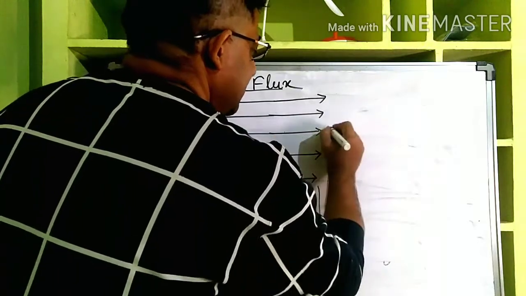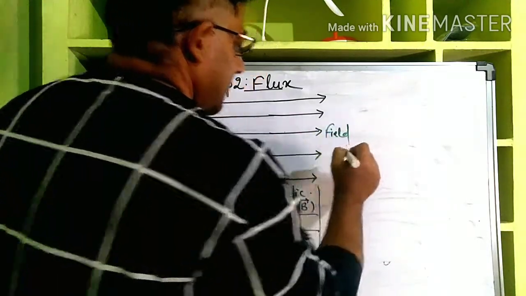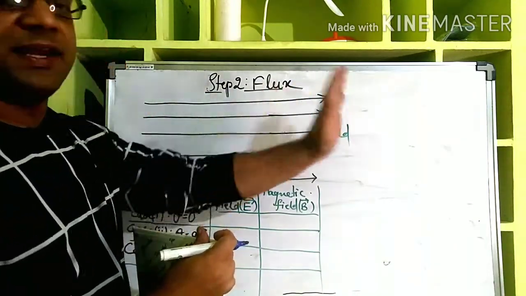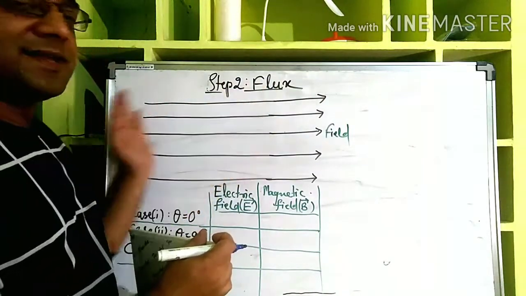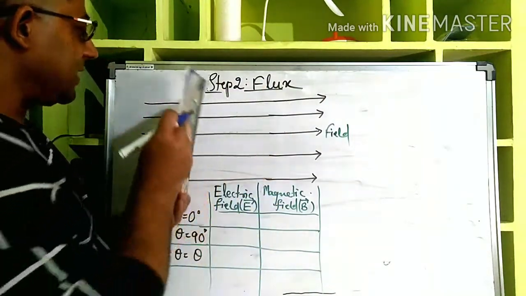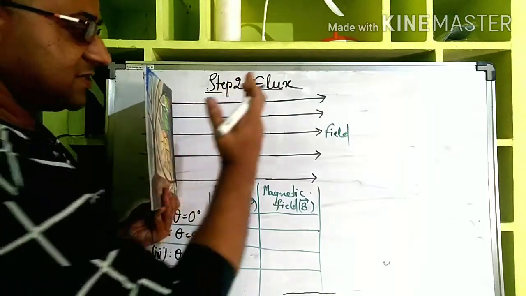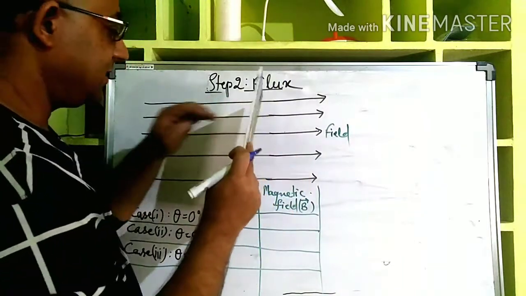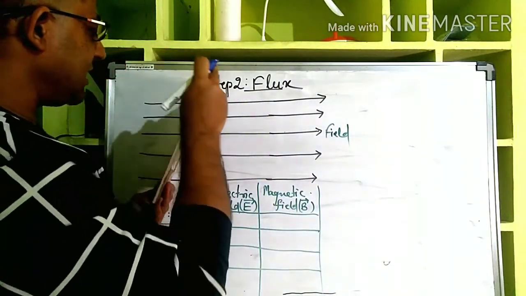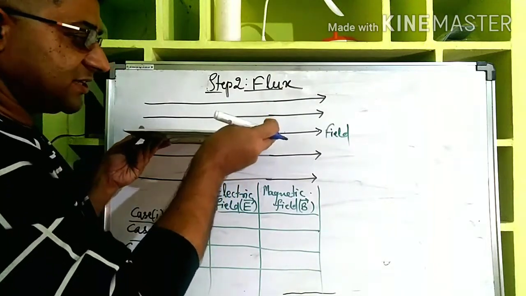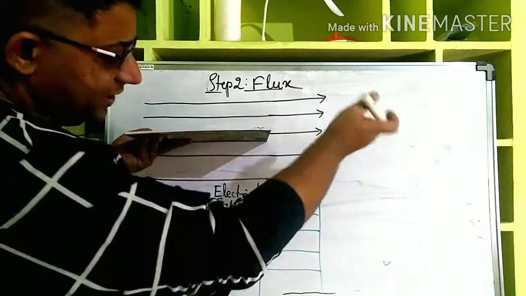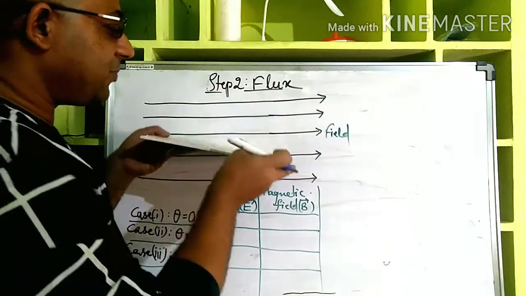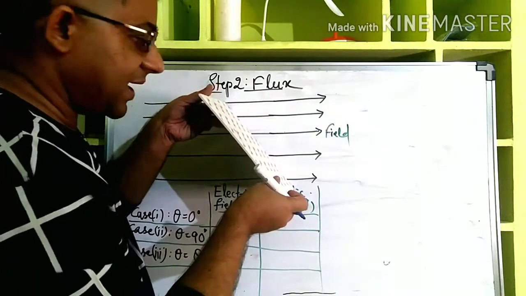Okay, let us say this is the direction of the field. This can be an electric field or a magnetic field. First I am just showing some field lines. It can be electric field lines or magnetic field lines. Now the area can be placed like this, just crossing it perpendicularly, which means the maximum number of field lines are hitting it. Or the area can be like this, if it is horizontal. Now all the field lines will be going either below or above, no field line is hitting it, right? And there can be a possibility that it is inclined at some angle.